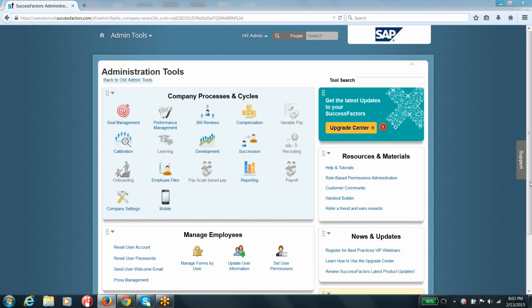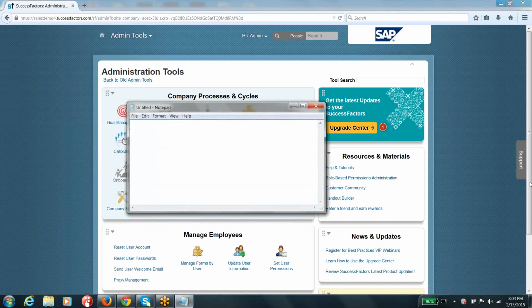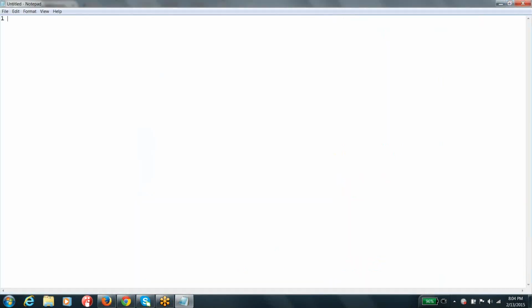Before you go to goals or performance management, you have to understand how you are going to configure your rating scales. As I told you, these are going to be useful in the performance and goal management module, in order to rate yourself, or if your manager wants to rate you. Say the organization wants to use a rating scale of 1 to 5, where 1 is the least value or the lowest rating, and 5 might be the highest or good rating.